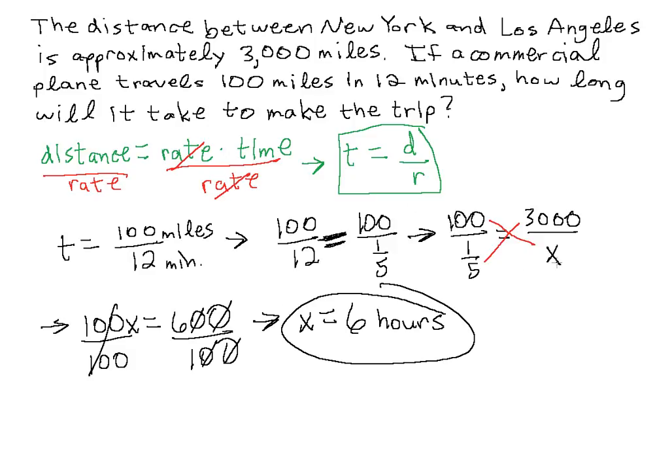If we plug 6 right here, this ratio, 3,000 over 6, will be equal to the ratio 100 over 1/5. And I'll leave that to you to actually prove. Just go ahead and plug in 6 for x and see that the two ratios are equal, and I'll see